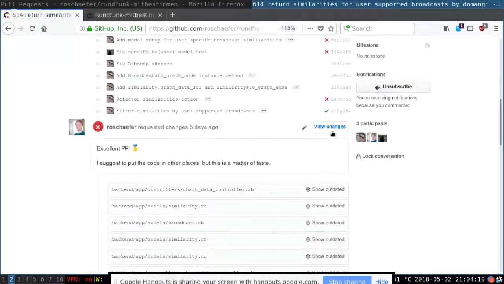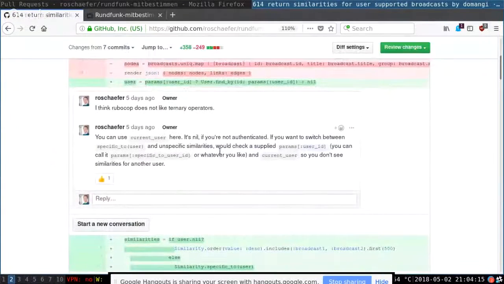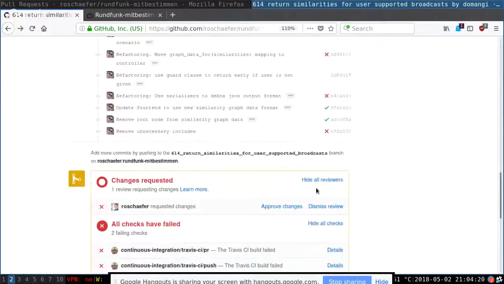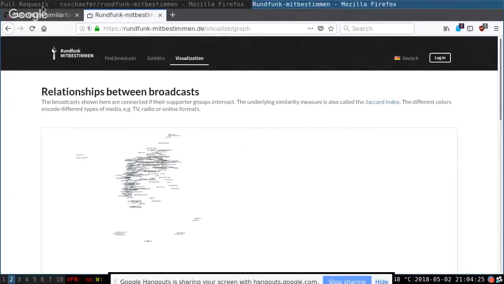Yes, exactly. So I'm going to view the changes since I last visited, and I think I've seen that one already. Yeah, I implemented the change requests you wrote.